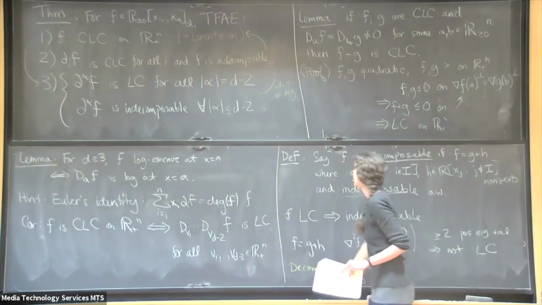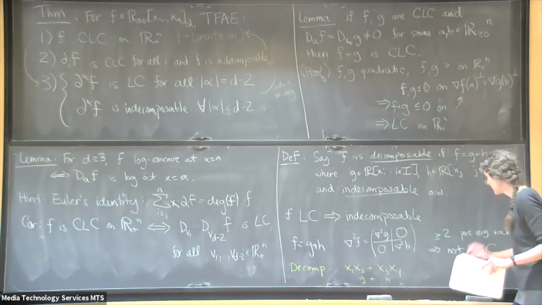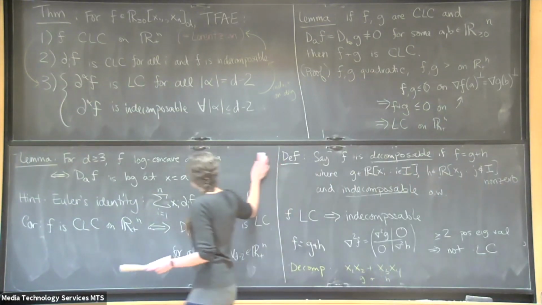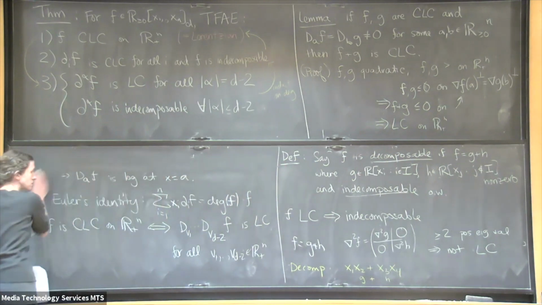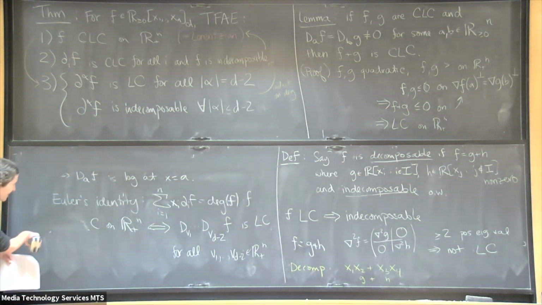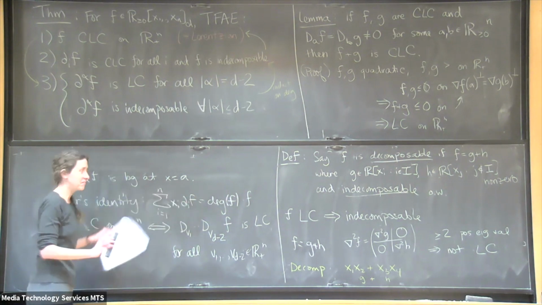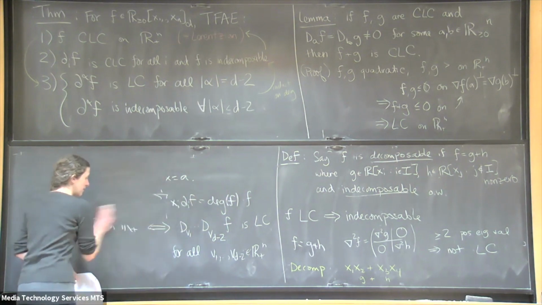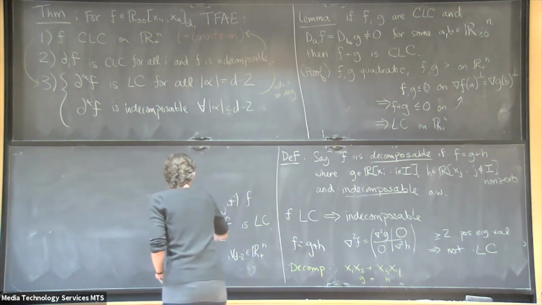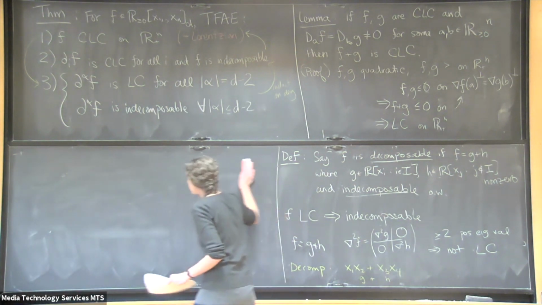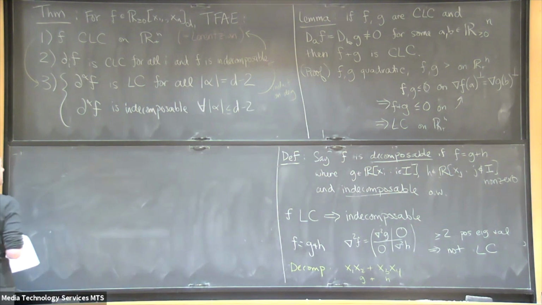If it's quadratic, then yeah. And the thing I'm about to erase just says that you can get away with considering this. Okay, and so this is actually going to be enough to